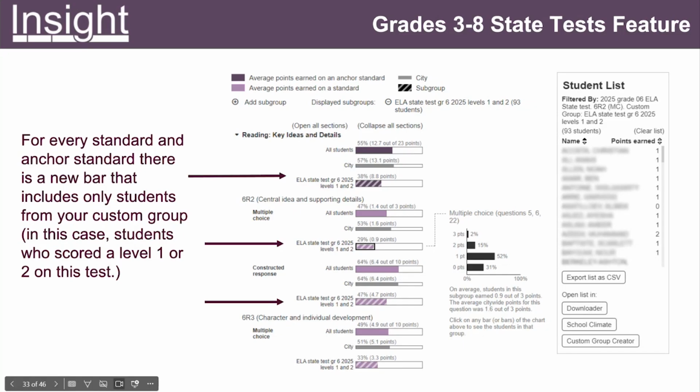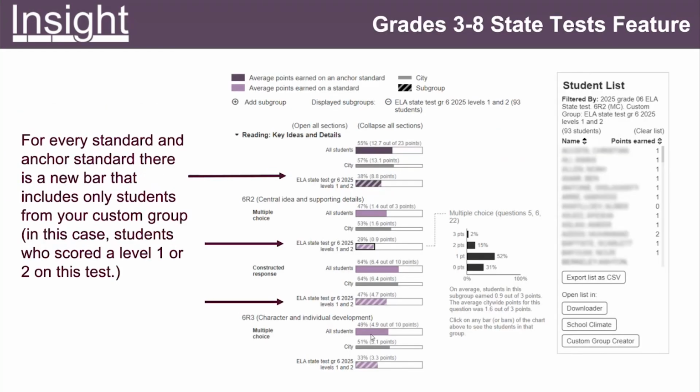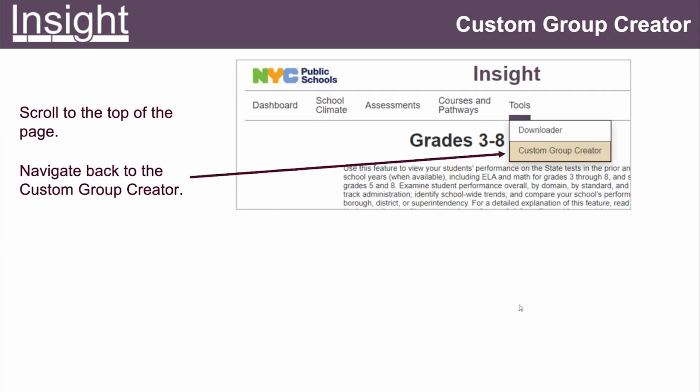If you want people to have the same group, one way you could do it is export the list, which I'm going to show you very quickly. Another way to use a custom group is that people can copy and paste in multiple OSIS numbers and create the group. So that's actually a really good segue. Let's say, Pamela, you have this group. You want other people to have the same group so you can discuss. You can export the list and share the list with them, making sure they have the access rights to those students.